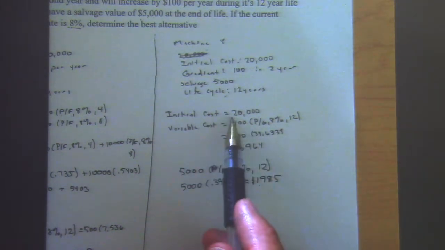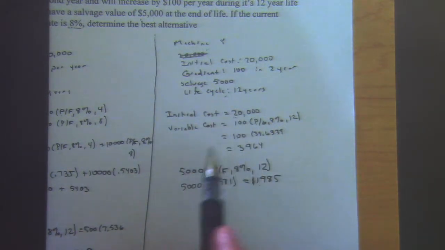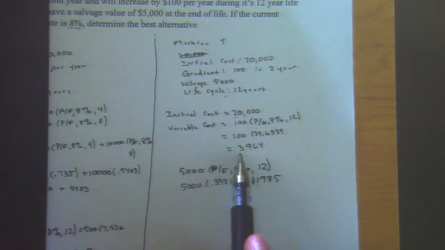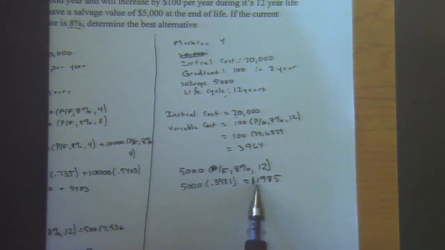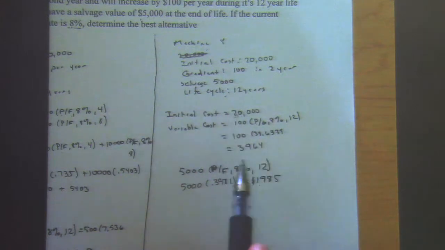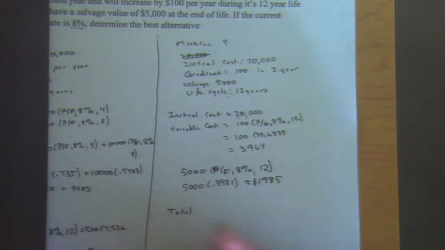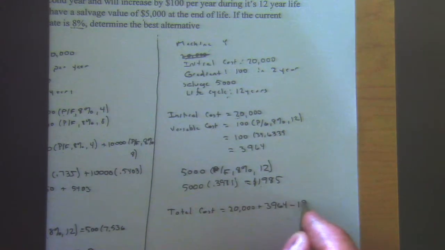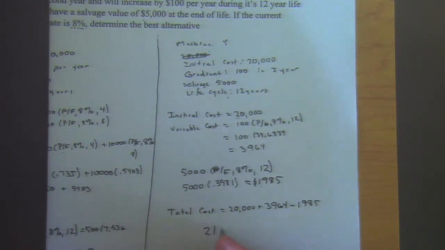We see that the initial cost of $20,000 is truly a cost. The variable cost for the maintenance is definitely a cost. But notice that the salvage value is money that's coming back into our pocket, so it would counteract this $20,000 and this $3,964. So we could say that the total cost associated with this scenario is equal to the $20,000 plus the $3,964 minus the $1,985. Punching this in my calculator, we have 20,000 plus 3,964 minus 1,985, and that means that the total cost of this scenario is